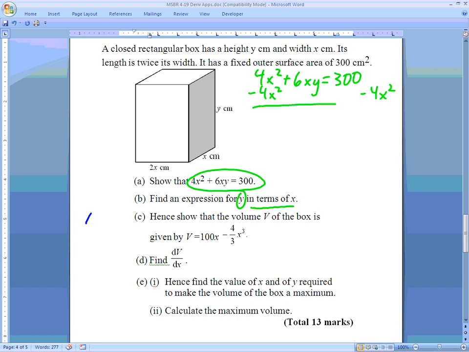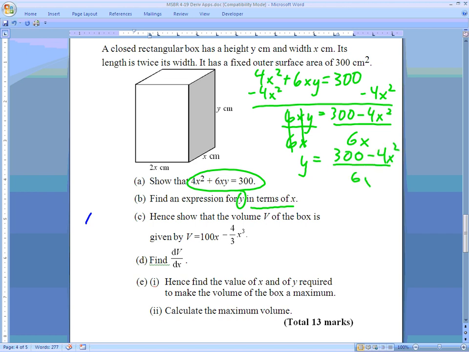No like terms on the right side, so that's 6xy equals 300 minus 4x squared. I want to get y alone, so now I'm going to divide everything by 6x. Really, we're done. We have an expression for y in terms of x: 300 minus 4x squared all over 6x. Now, if you want to break that up into 2 fractions, that's absolutely fine. If you want to leave it all like that,